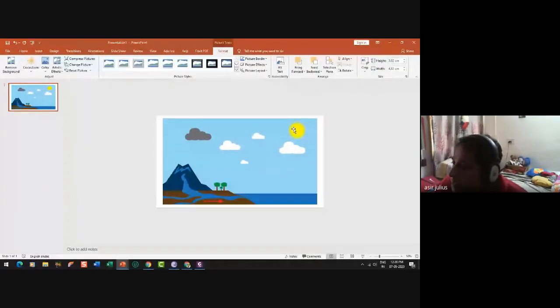If I give this animation to the sun itself, the entire picture will get animated because it will treat the grouped one as an entire picture. If I cut the particular picture and keep it above, it is again a simple trick, just a small petty or cheap trick. Now my picture is ready with this particular sun.